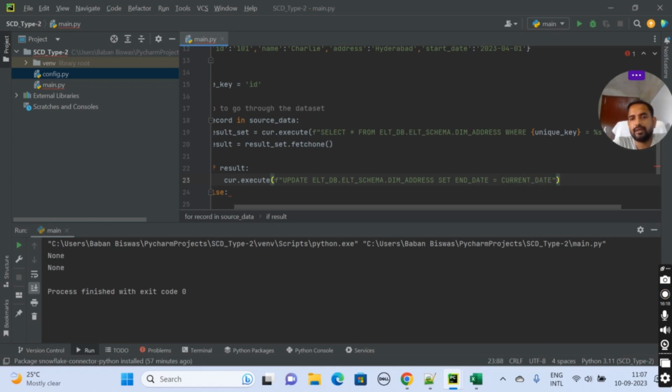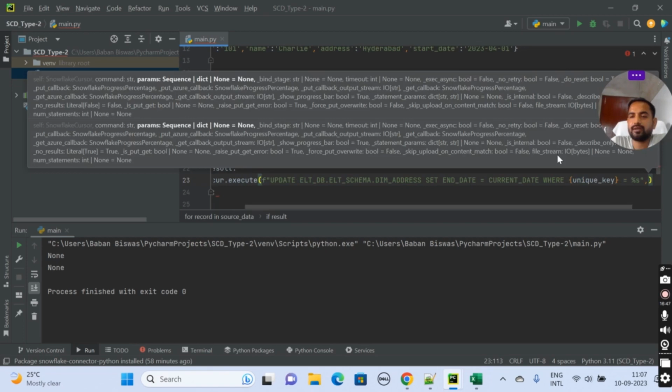Now we need to give a where condition also, so that it gets the record we are trying to update, where business key, or unique key, we have named it unique key, equal to a placeholder, percentage s. So where will this percentage s get its value from?